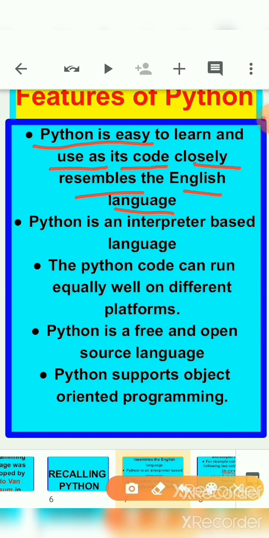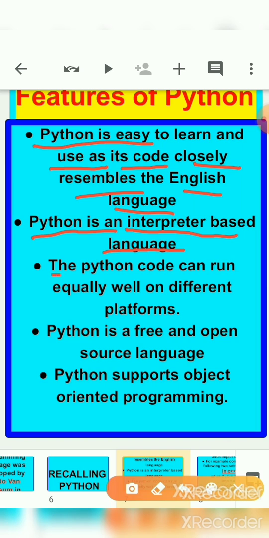Okay children, that is why we can say that Python is easy to use. Now Python is an interpreter based language. Interpreter based language means line by line code is going to be read by Python. Okay, so after every line Python gives you the result whether that line is correct or not.